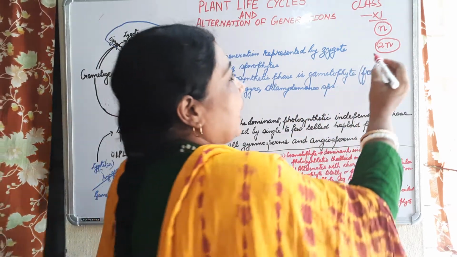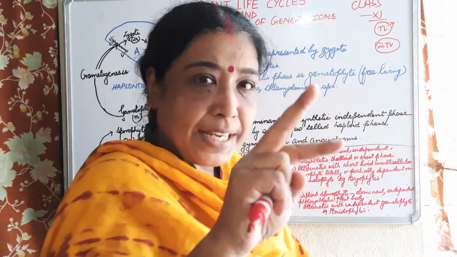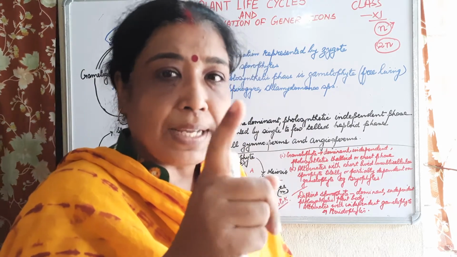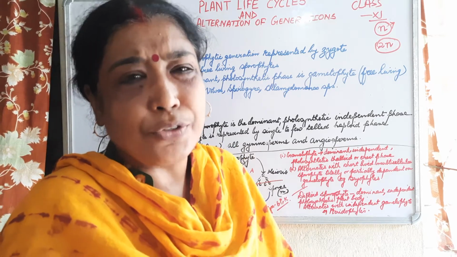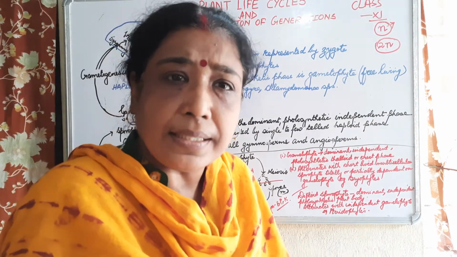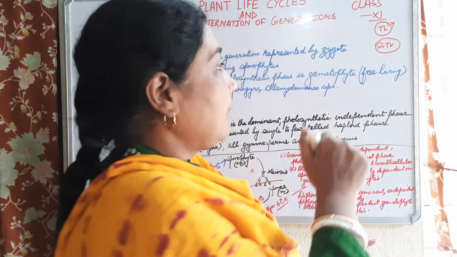And you have to remember there are two phases. Alternation of generation will take place between the gametophyte and the sporophyte. You have studied so much now about the gametophyte and the sporophyte, in bryophytes, in algae, then pteridophytes, gymnosperms, everywhere, and you must be having a clear concept about all of it. You have to remember, then it will become easier.